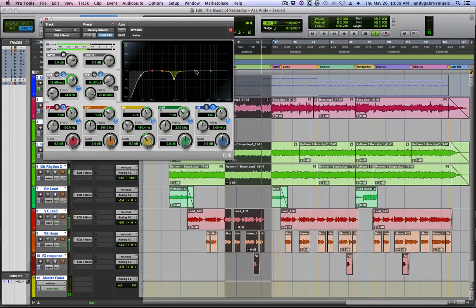I'm going to dip out a little bit. I'm going to add a little bit of definition up high. I'm also going to take a little bit of low shelf. Give it a little bit more beef down low. And I'm also going to take